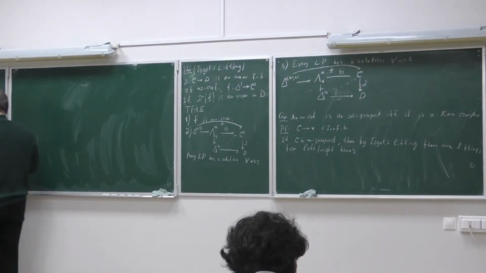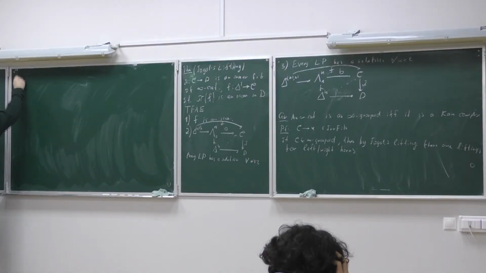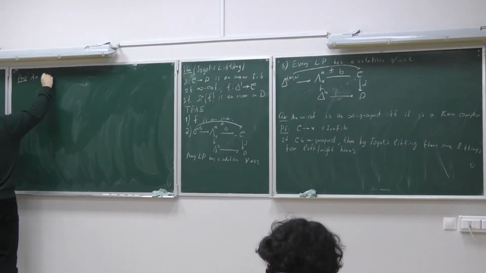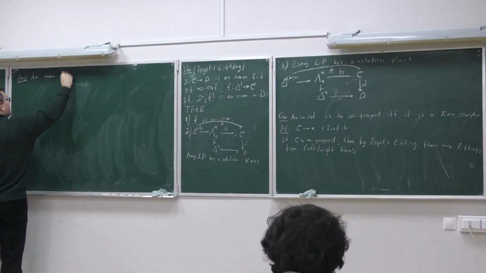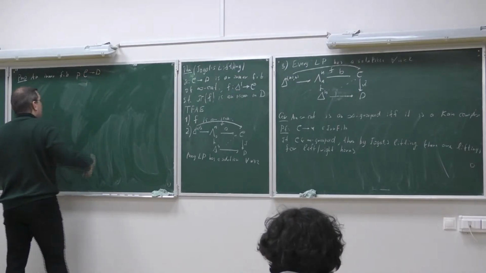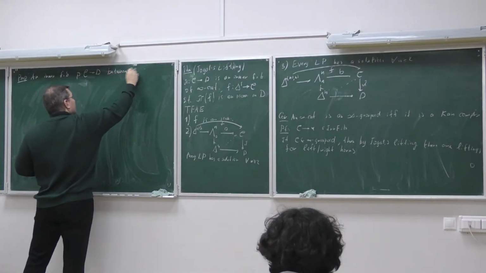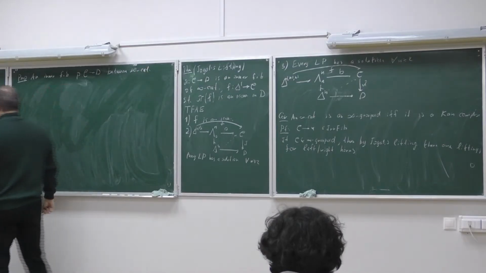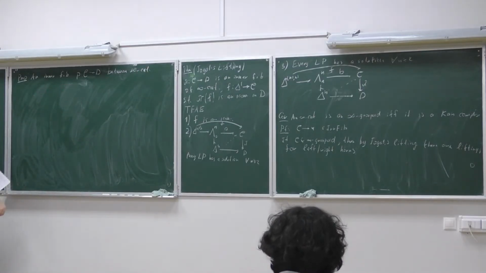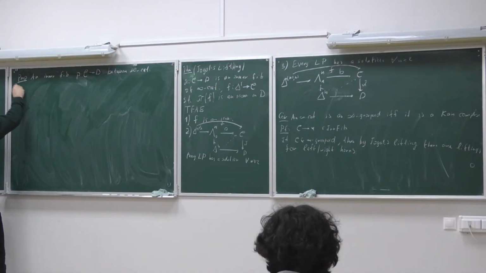So, proposition: an inner fibration P from C to D. So C and D are infinity categories. Well, inner fibrations are defined for any simplicial sets, but conservative functors only between infinity categories. It's okay. So P between them is conservative